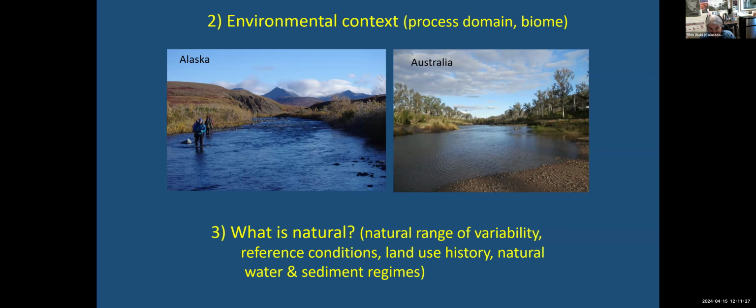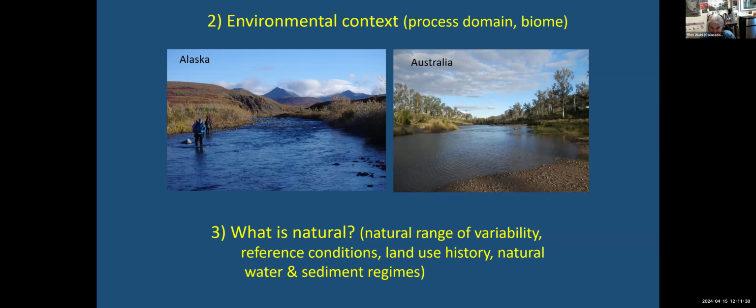There was massive deforestation here associated with 19th century metal mining. There was massive beaver trapping. There's a lot of flow regulation. So understanding the effects of past land uses, even if they're not occurring anymore, becomes important in trying to assess, again, what has been there in the past. That may not be what you want to restore to or manage for. It may not be feasible even if you want to, but I think it is important to know something about that land use history and know something about the characteristics of those water and sediment regimes, or flow and sediment regimes, apart from human alteration.